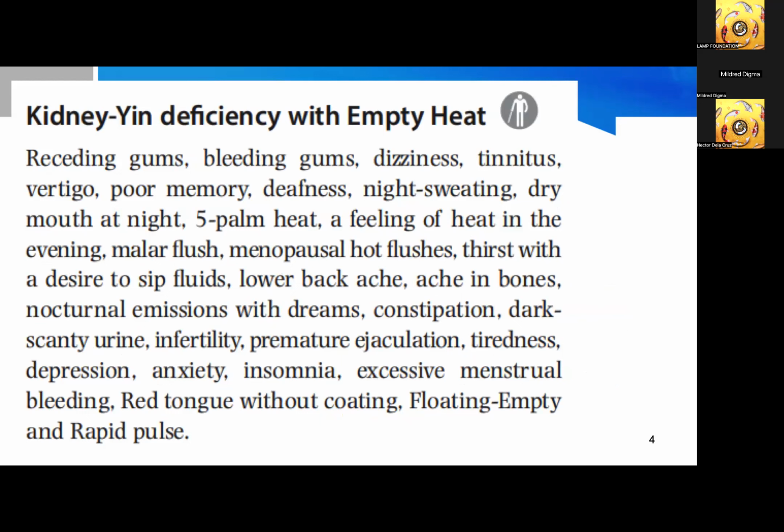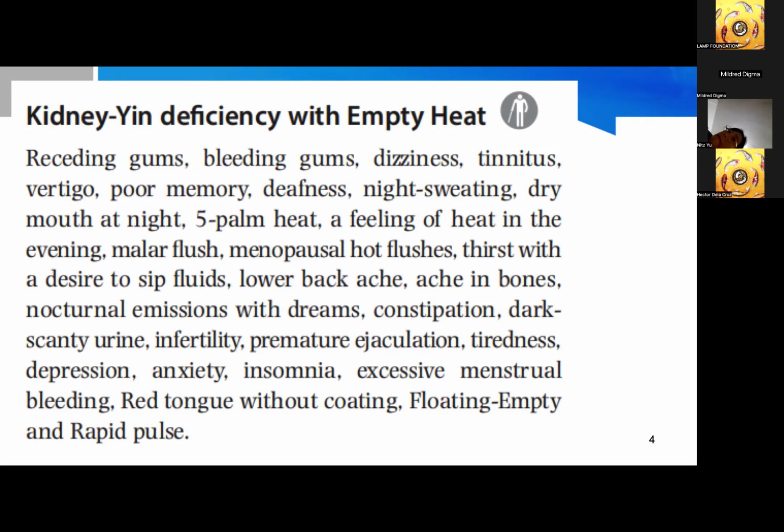Another differential would be kidney deficiency with empty heat. So we think of an elderly patient. Aside from receding gums, there will be bleeding gums, dizziness, tinnitus, vertigo, poor memory, deafness, night sweating, dry mouth at night,